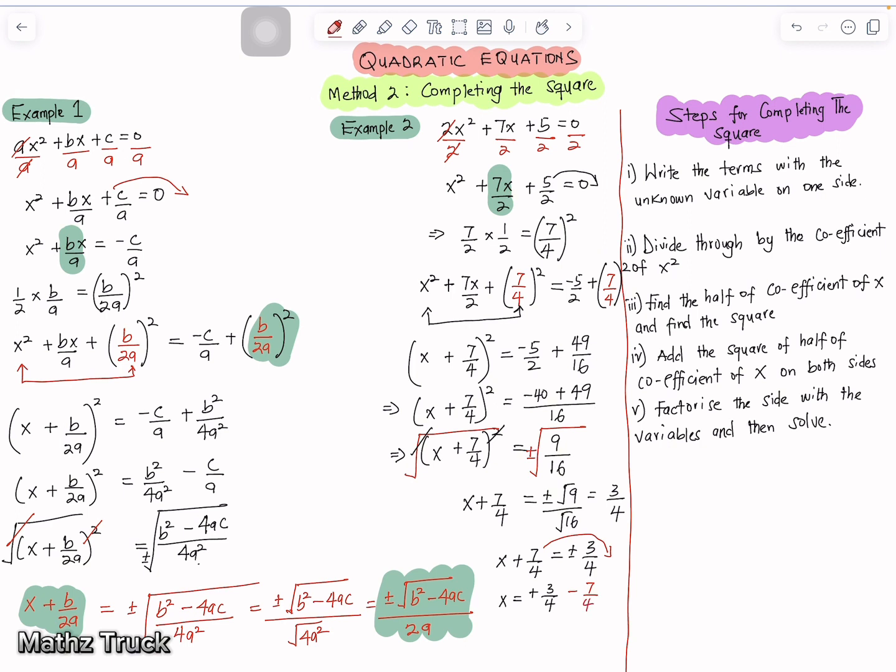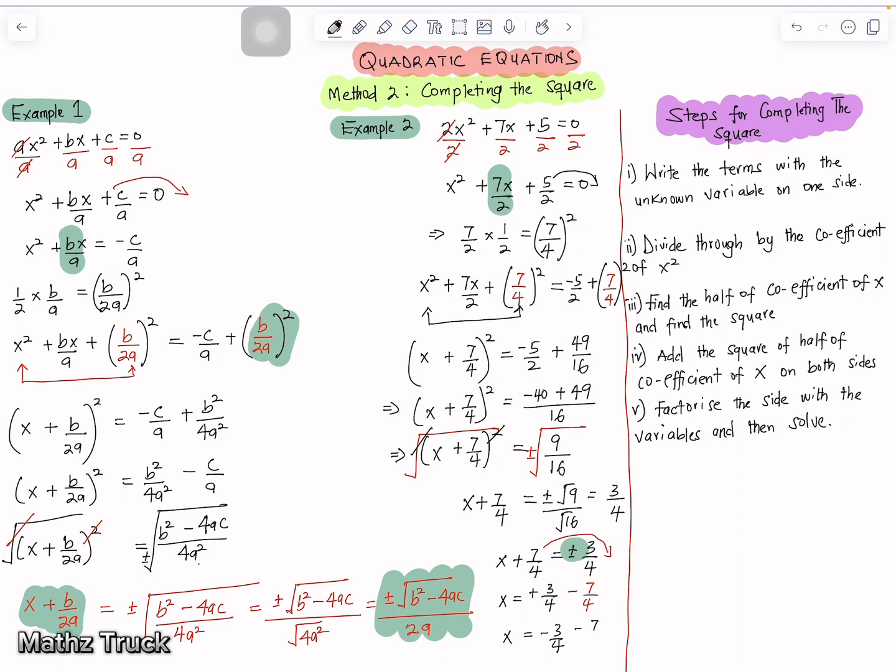Then we have another expression reading as x equals negative. Since we've already dealt with the positive part of this expression, now we're going to take the negative. So we have negative 3 over 4